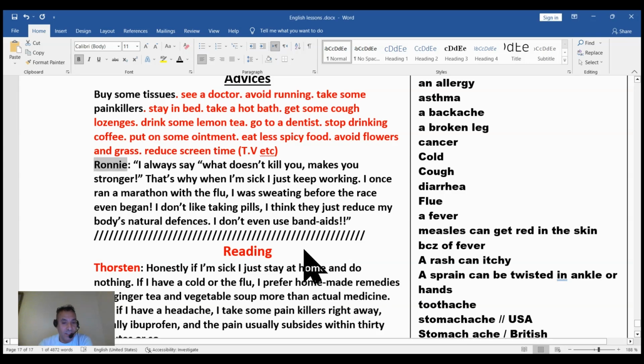I think they just reduce my body's natural defense. I don't even use bandages or band-aids. He doesn't care, this guy. Okay, he doesn't take the pills. He doesn't care about his health, I think because he is an athlete, a sportsman, something like this.